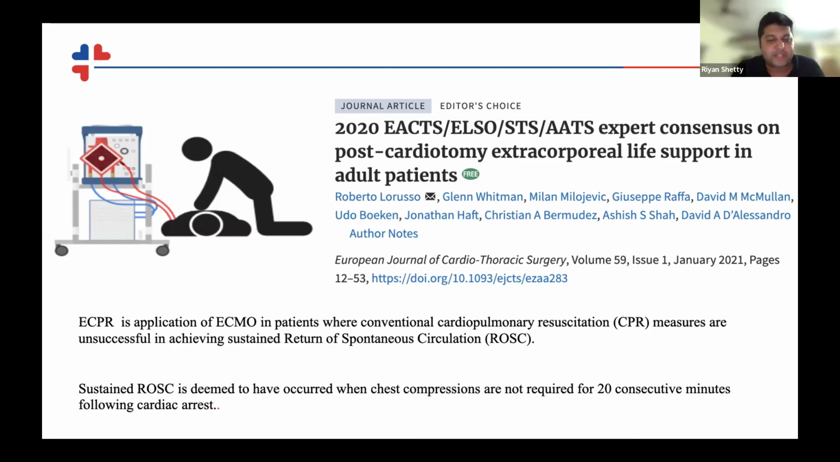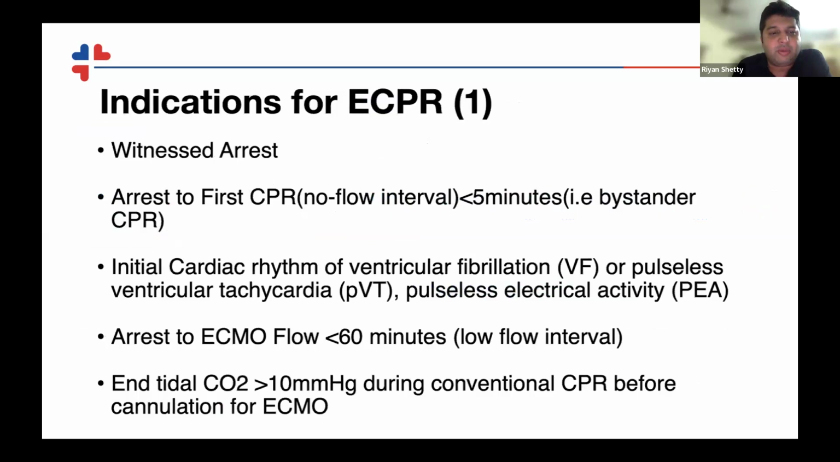Spontaneous ROSC is determined to have occurred when chest compressions are no longer needed, and sustained ROSC is supposed to have happened when chest compressions are not required for 20 minutes following cardiac arrest. So the indications may be witnessed arrest, arrest to first CPR of less than 5 minutes, initial rhythm of VF,